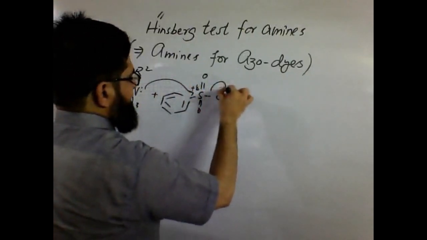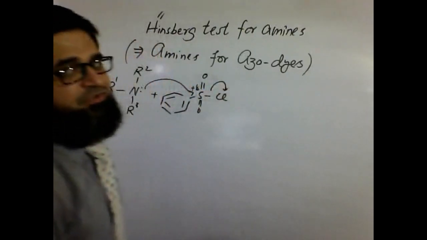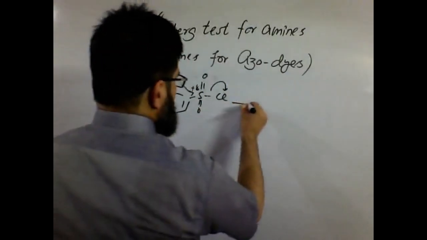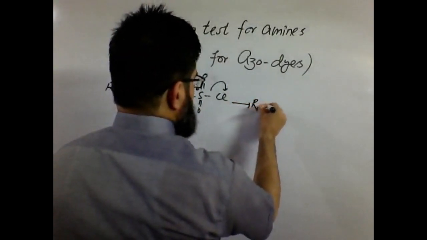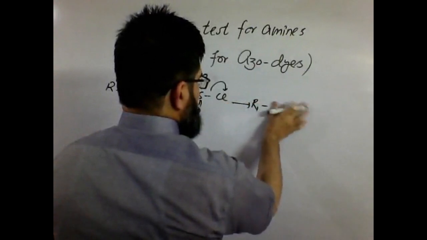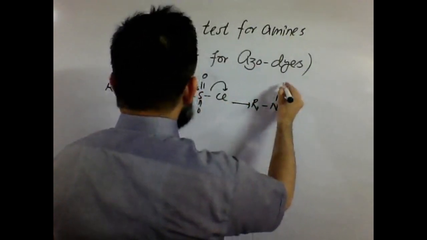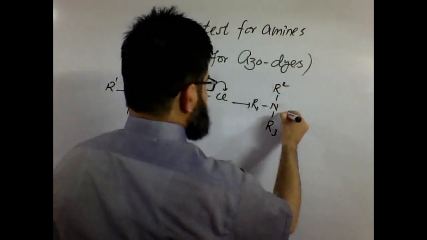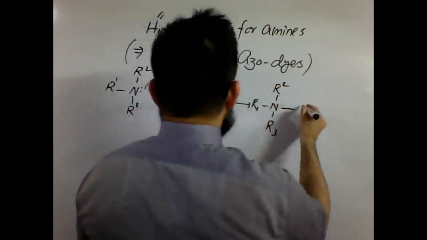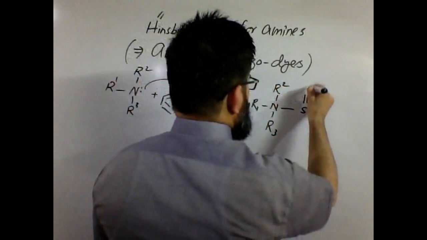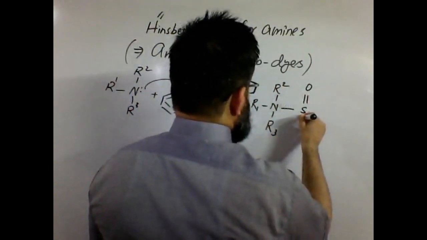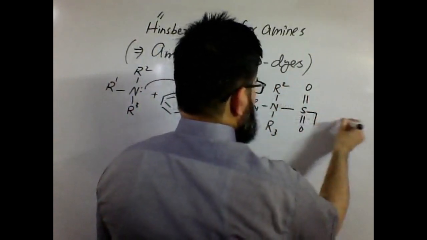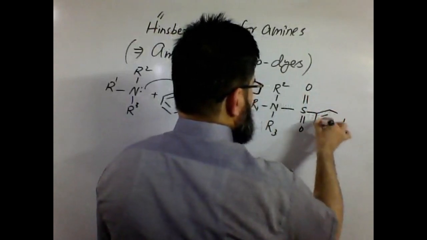As a result, the chlorine has to leave as a leaving group. Then what happens? We have R1, we have a nitrogen here, we have R2, we have R3, then it would have reacted to form a bond with sulfur, oxygen,